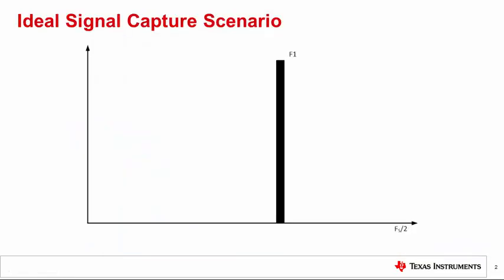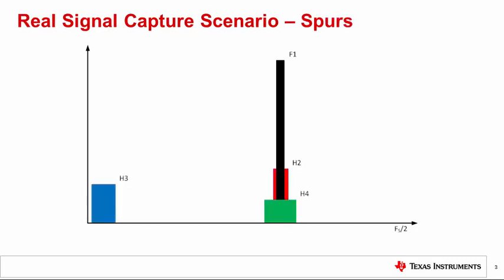First of all, what is frequency planning? First, we need to compare an ideal ADC signal capture scenario with that of the real world. This image shows the ideal signal spectrum of F1 captured by an ADC. This next plot shows the desired signal along with several harmonics of the signal. Any real data converter will have some harmonic distortion. If harmonics or other distortion products overlap the desired signal, system performance may be degraded.